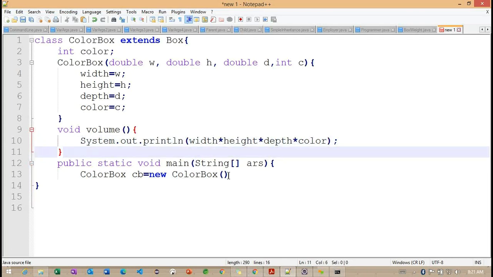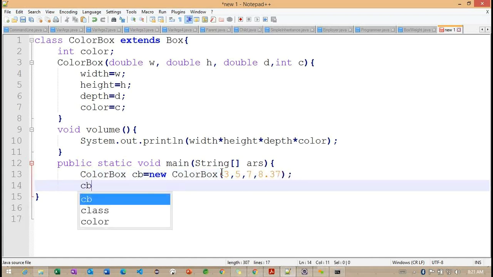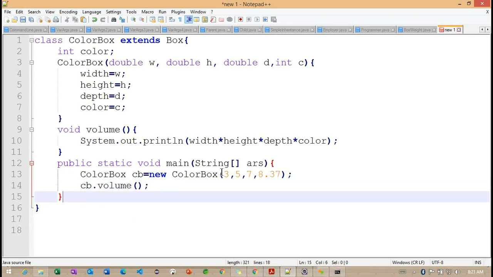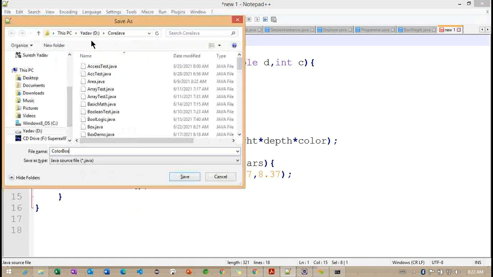So finally, I want to call this particular subclass value method. Let's see what values we can specify: 3, 5, 7, and something like 8.37, and cb dot value. cb dot value.